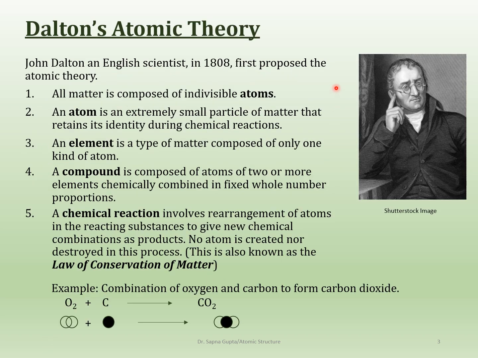And so the first scientist who kind of thought a little bit more about the atomic structure was Dalton, and he's an English scientist, and what he proposed were a few of these things. Okay, so let's go over them. And so he said that all matter is composed of indivisible atoms, which is kind of what the Greek philosopher also said, but it took so many hundreds of years before anybody looked at that again. All right, so anyhow, all matter is composed of small, indivisible things called atoms.